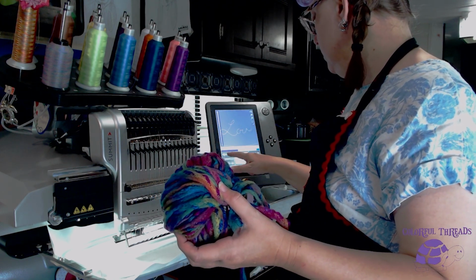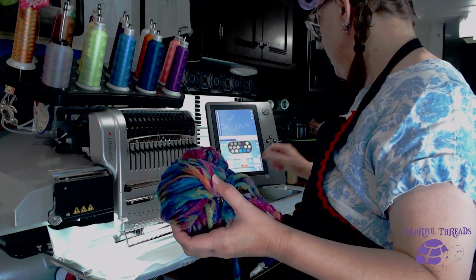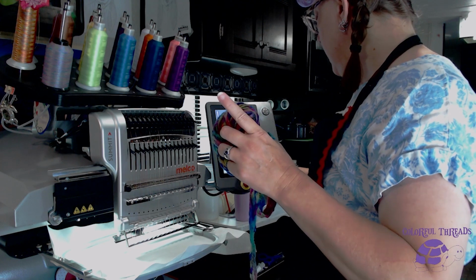That is blue. Why is that blue? Oh, because it needs to be yellow. There we go. Now it's all yellow. Okay. Applique stops. All right. Now,